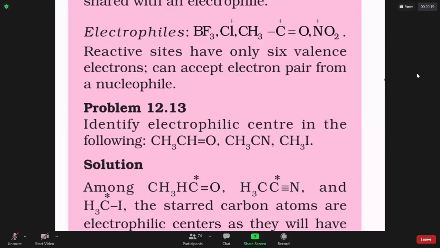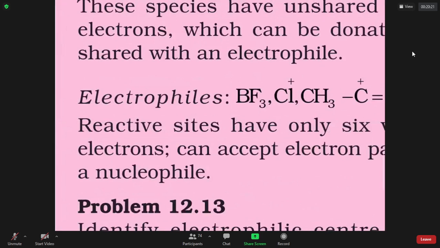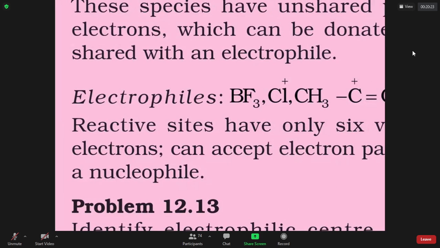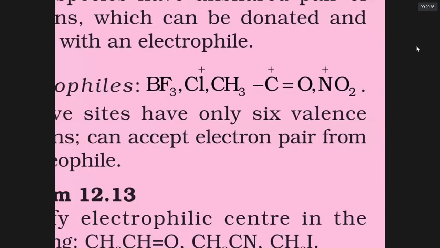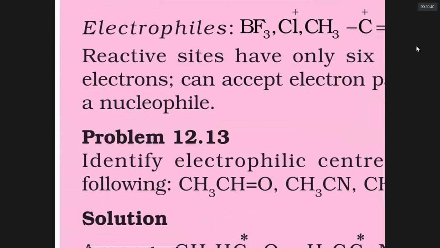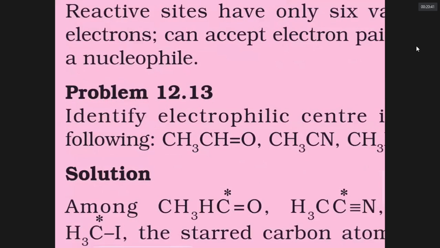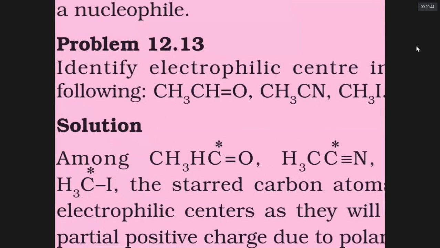Look at BF3. It is an electrophile because boron is electron deficient, a 13th group element. It has only 6 electrons. It wants to beg 2 more. AlCl3, BF3, BeCl2, electrophiles. Cl plus, CH3, C double bond O, oxygen takes away electrons, C plus. NO2, all they are electrophiles. In CH3CHO, the C